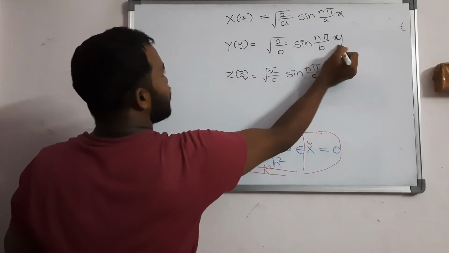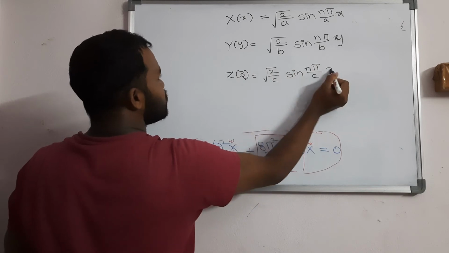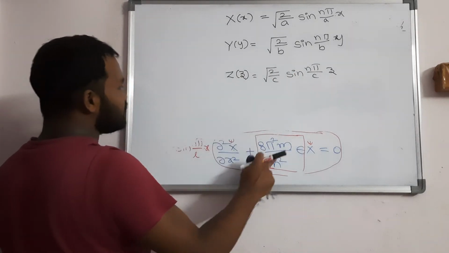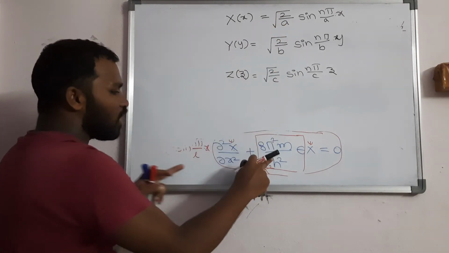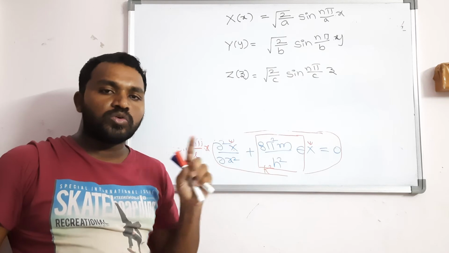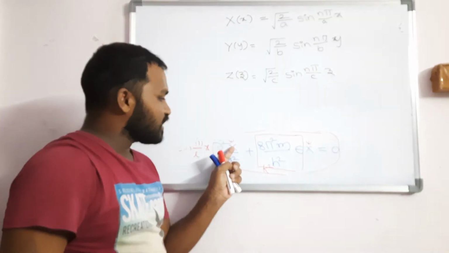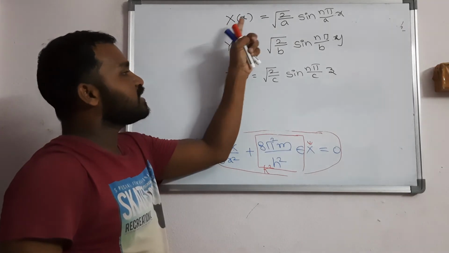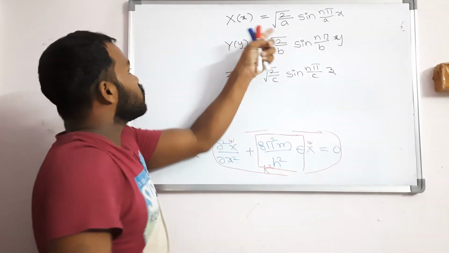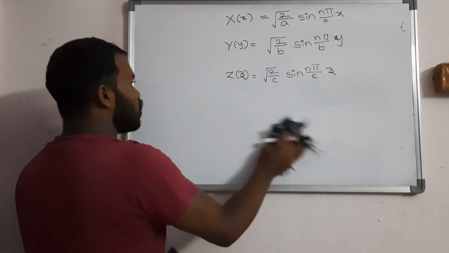Here x is there, y is there, z is there. So after writing, this is the solution, right? Directly you got the solution of the 1D box, wave function is root 2 by L sin(nπ/L x). So in place of ψ it is X, right? Same, length of the box L is equal to a, root 2 by a into sin(nπ/a x). All these are the solutions.